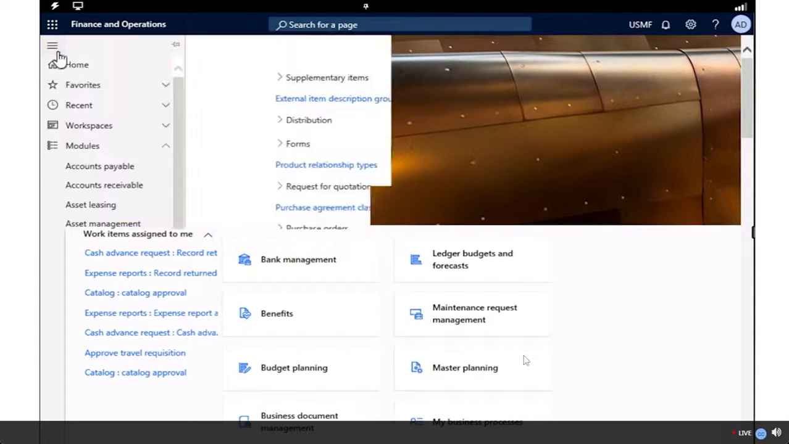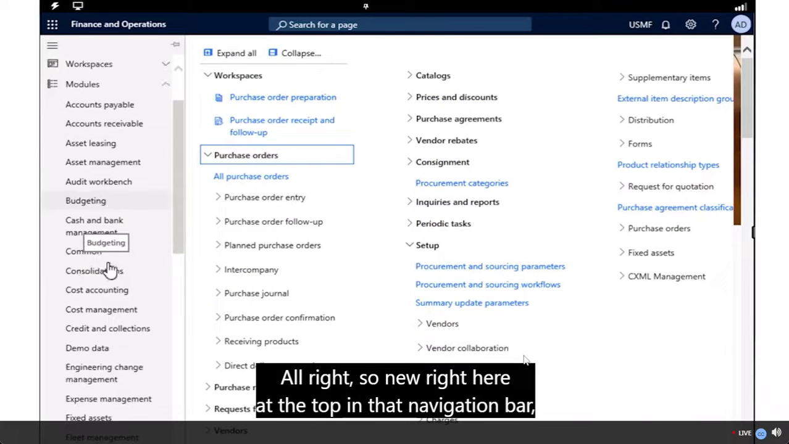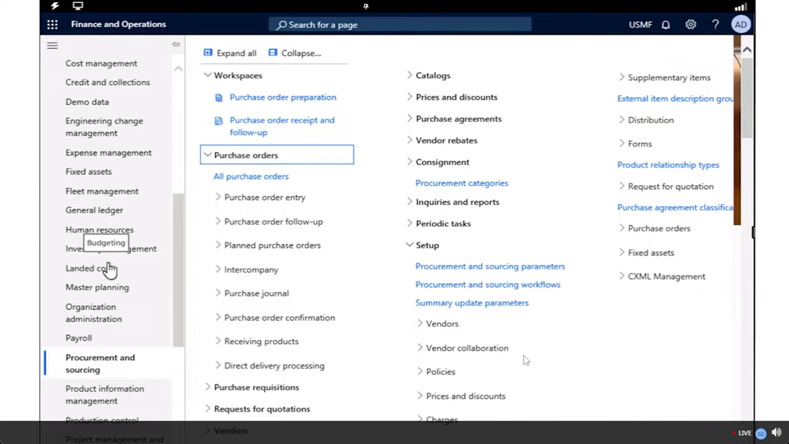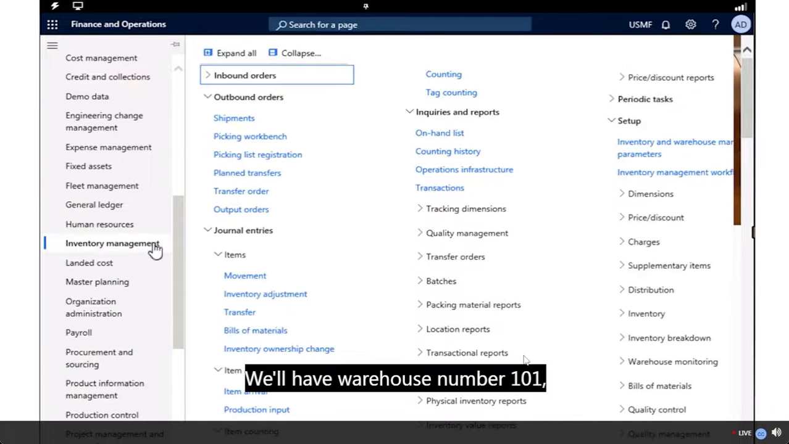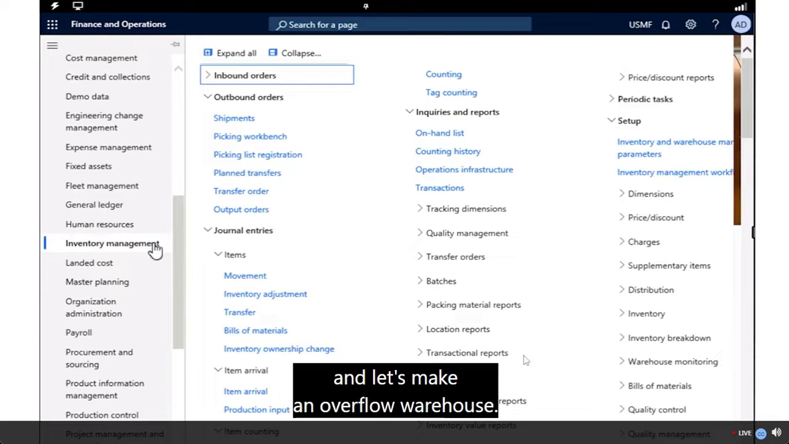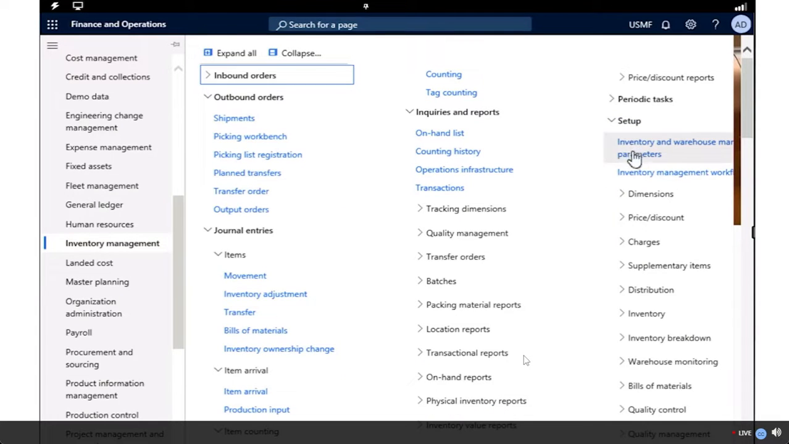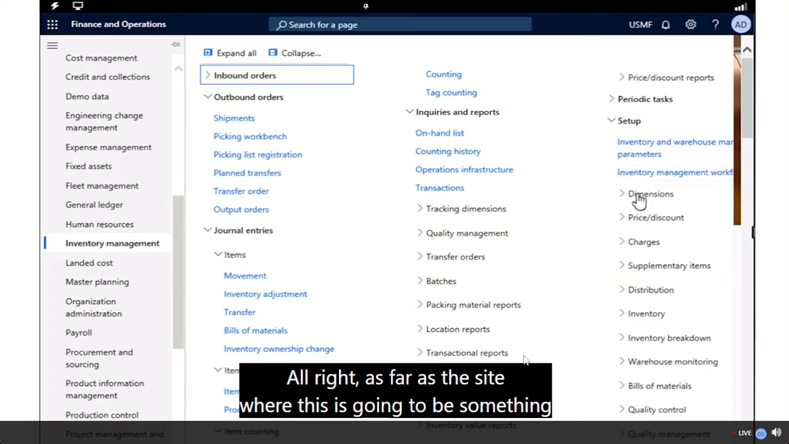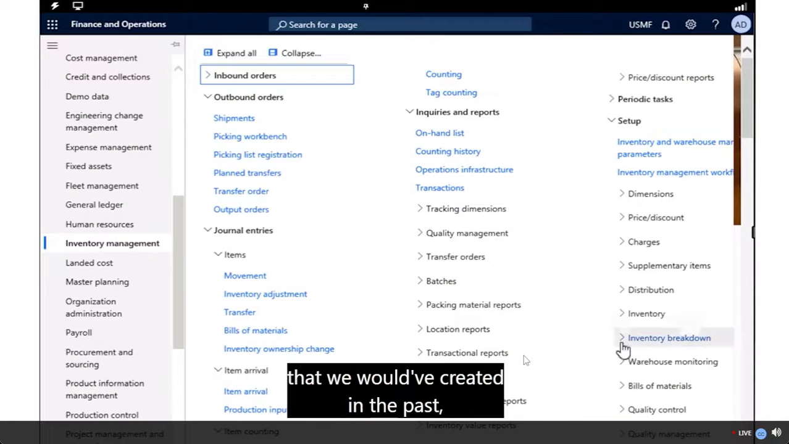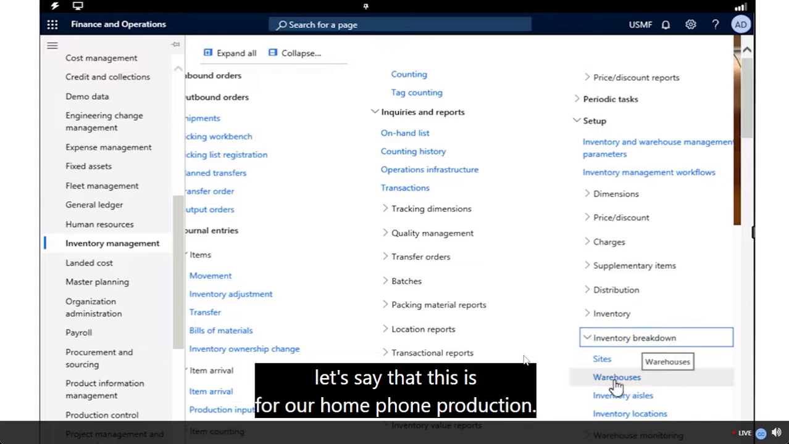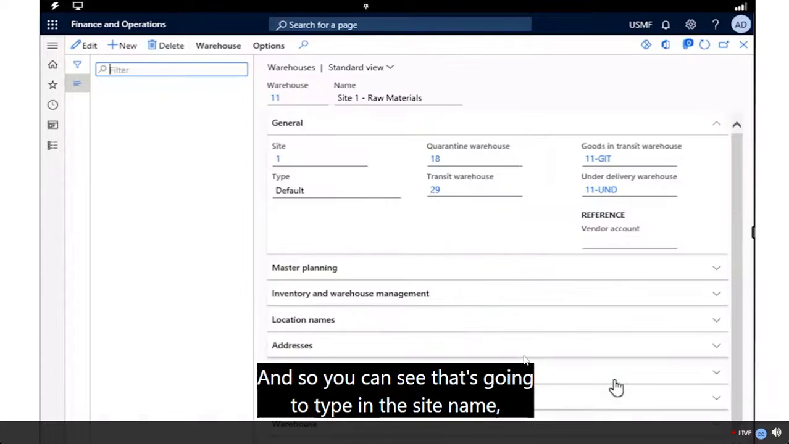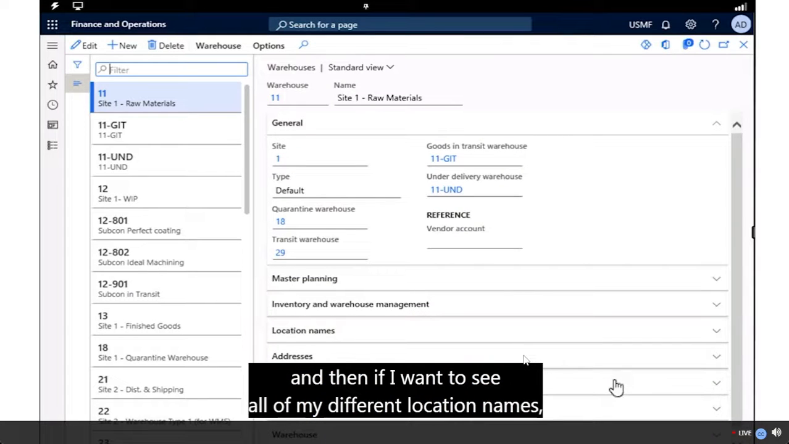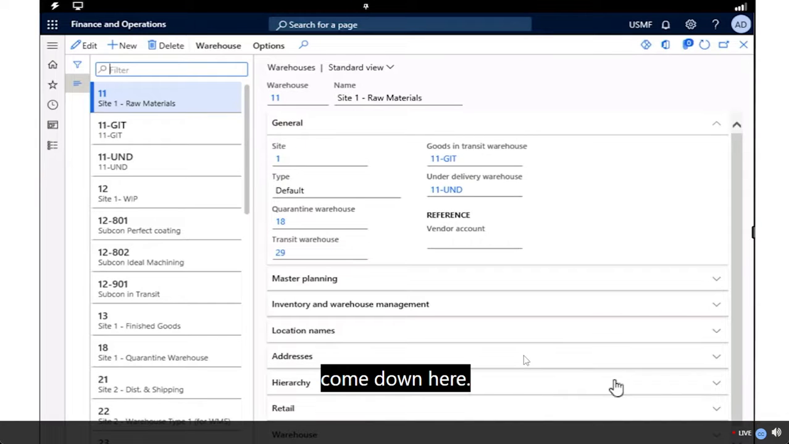So like usual, we're going to come up here to our navigation and come down to our inventory management. Then we come over on the right-hand side. We have setup, and then we're going to come to our inventory breakdown, and specifically our warehouses. So this is where we can see all of our different warehouses that we currently have associated with our USMF